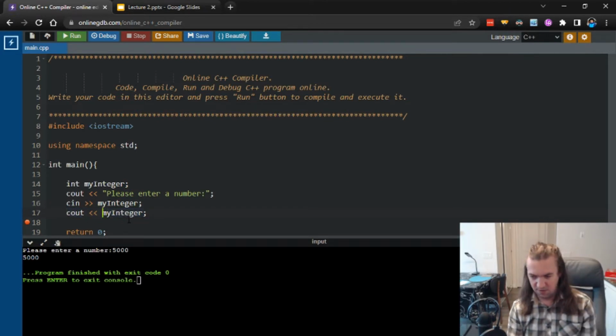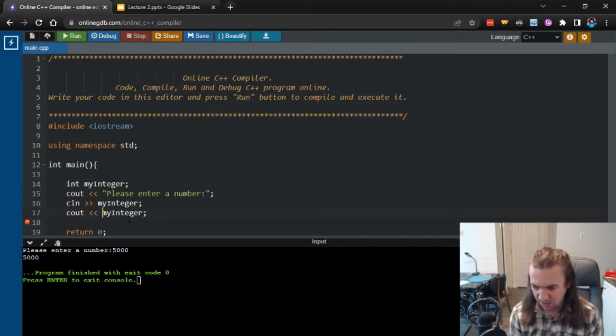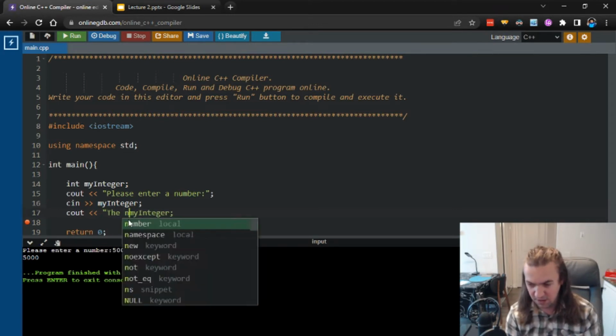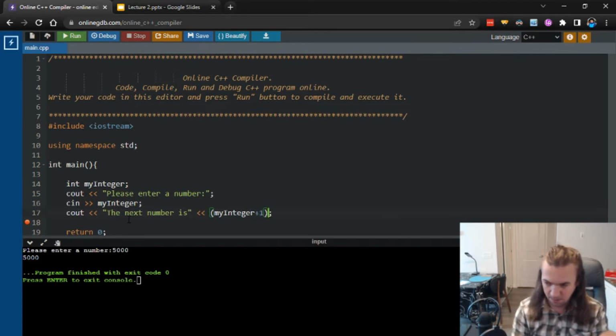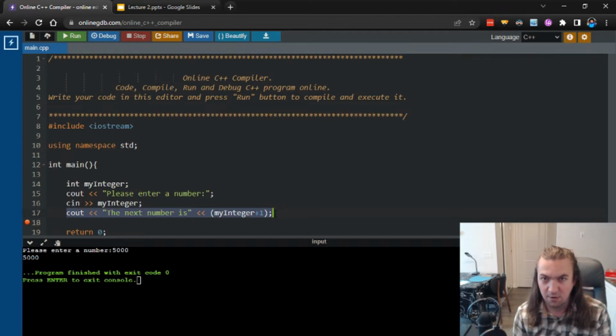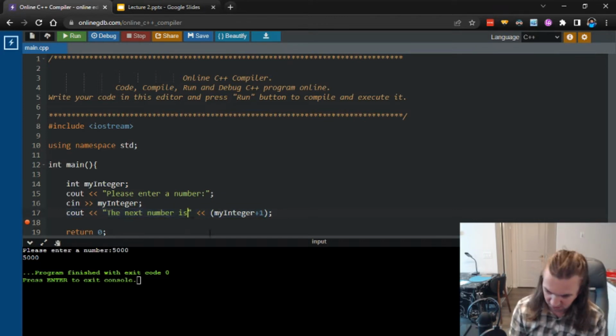So the next number, and we can actually be very verbose with this and make it super explicit by saying "the next number is," and combine that with the next number, which is my integer plus 1. So although this line is looking kind of chunky right now, all it's doing is printing out the message. The next number is, I should put a space here, and the next number is the number that I got,